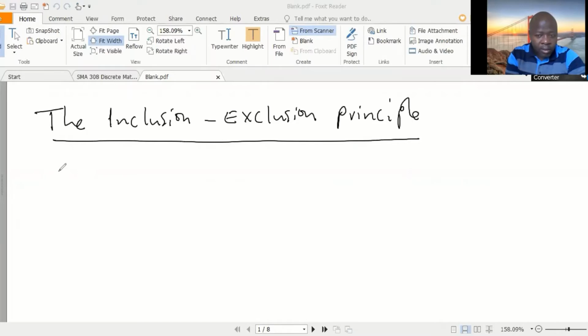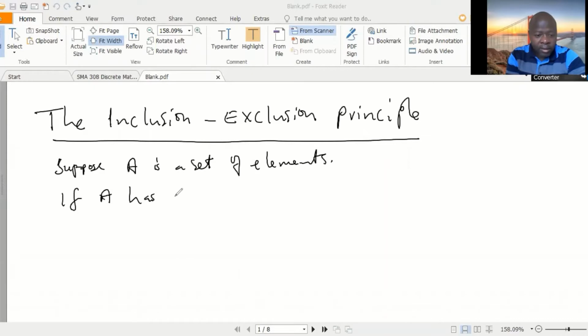Now, in today's topic, I'll suppose that A is a set of elements. Now, if A has k elements, I will denote this. We denote this by